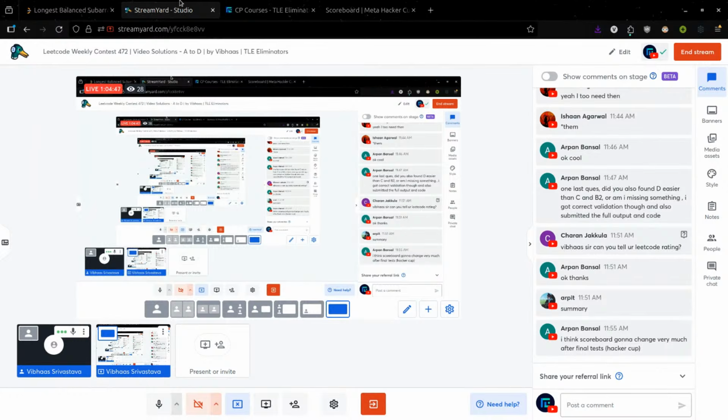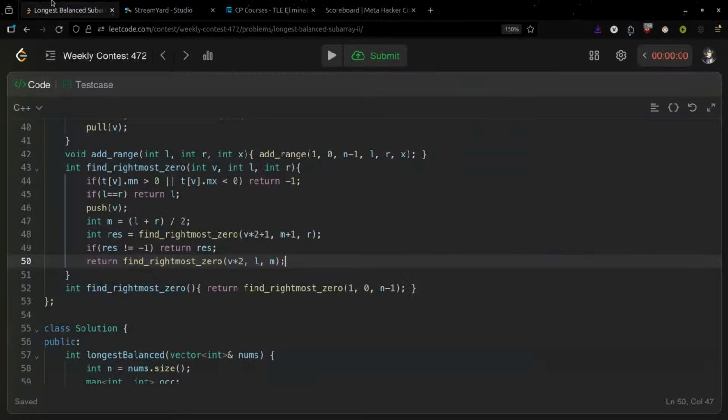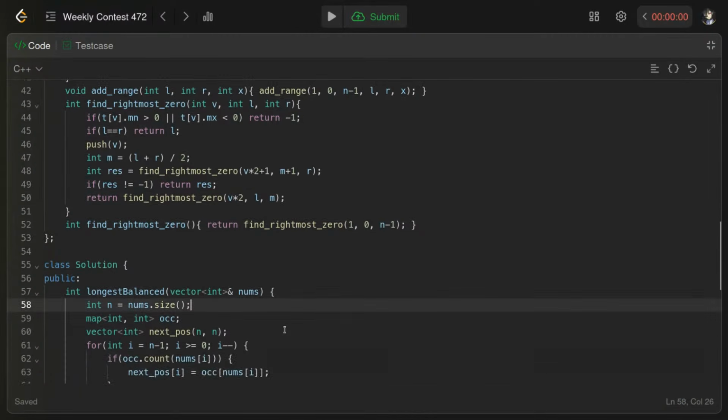I think the final scoreboard should change, because even I'm not sure if my D was correct, and I think a lot of people, at least in the Codeforces comments, I saw a lot of people who solved D whose solutions were incorrect. So it might change. Anyways,